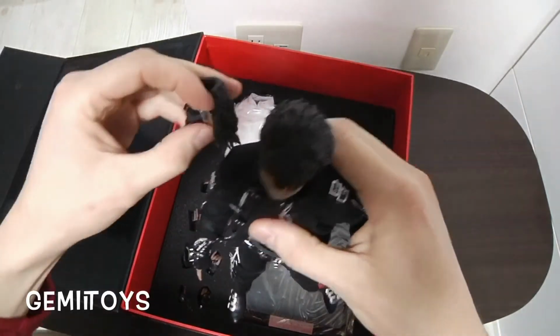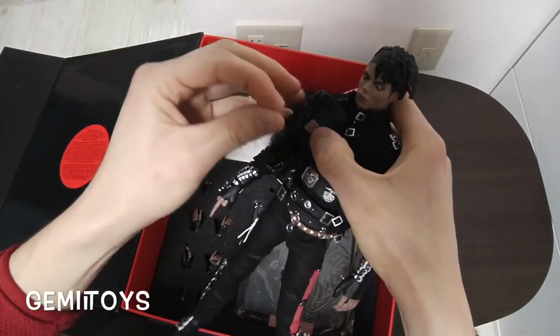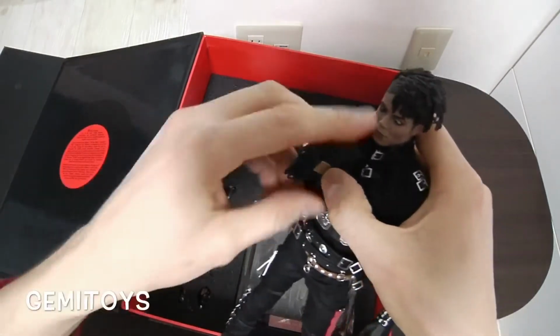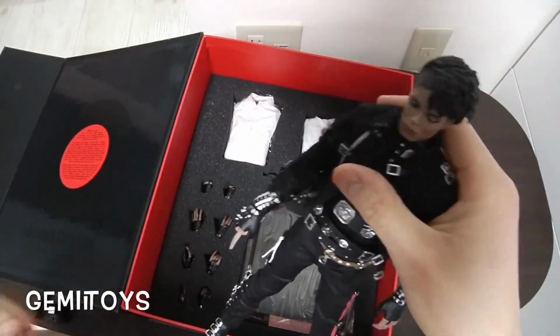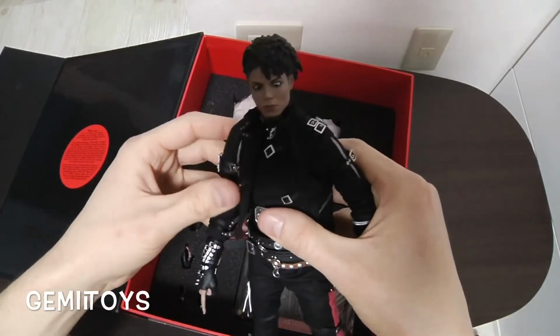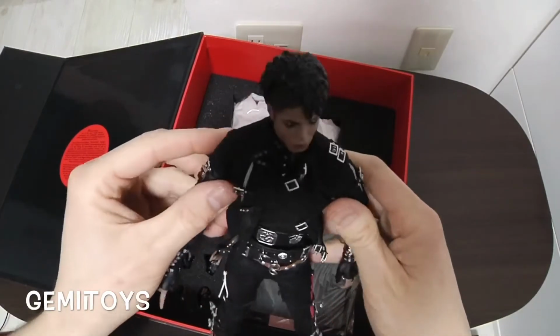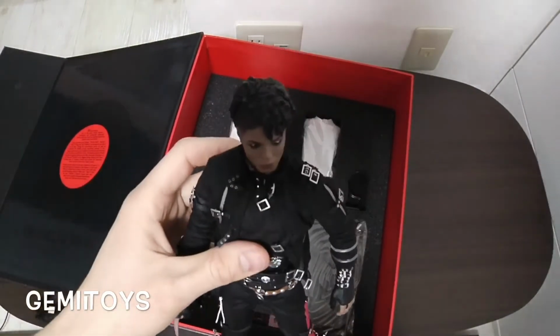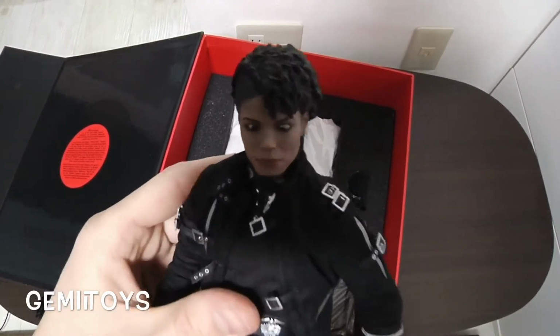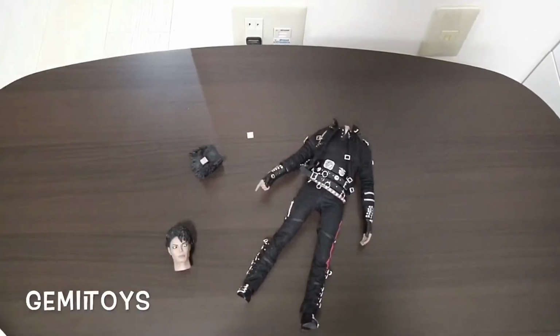But wow, and look at that, the magnet just came right off. It is an old figure, but nothing that can't be fixed. So I think I'm just going to cut and see what I can do to fix it. I'll be back. Okay, I'm back, and